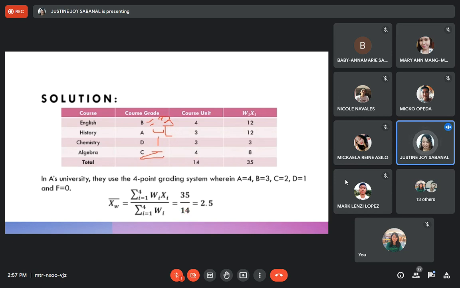So, may mga katanungan po ba or may mga clarification doon sa mga na-discuss natin na measurement? So, kung wala po, proceed tayo sa aspect of